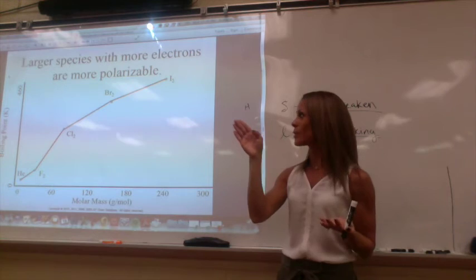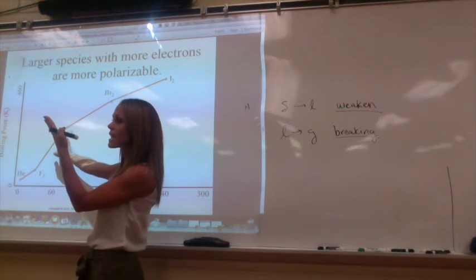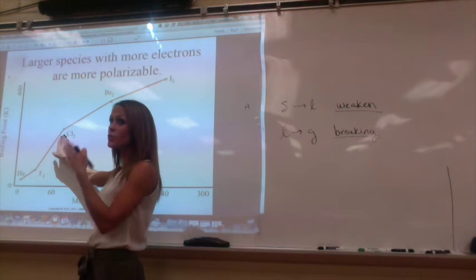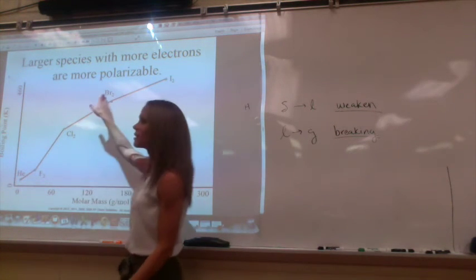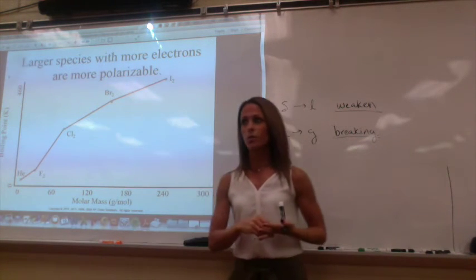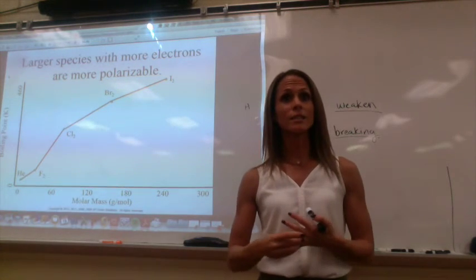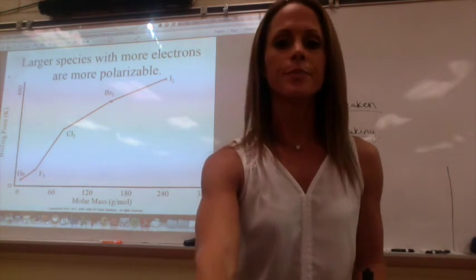You literally look at the periodic table, and for chlorine, you look at how many electrons it has. It has 17. Cl2 diatomic, 34 electrons. Same thing that you would do here. You literally count how many electrons there are in the molecule. Okay? The more electrons, the stronger the what? Polarizability. All right, so we'll pick up tomorrow.